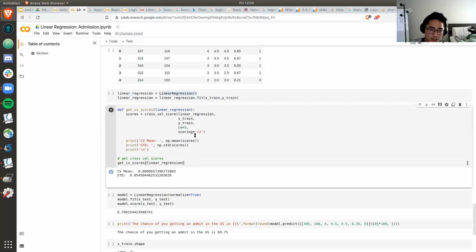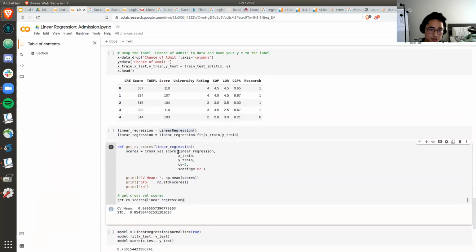model. So in this case, the cross_val_score, which is given by sklearn, you pretty much input your linear regression model and your training data set. CV stands for the K folds, or the K parameter. So we want 5 folds, my bad. And scoring, basically it's just R2.